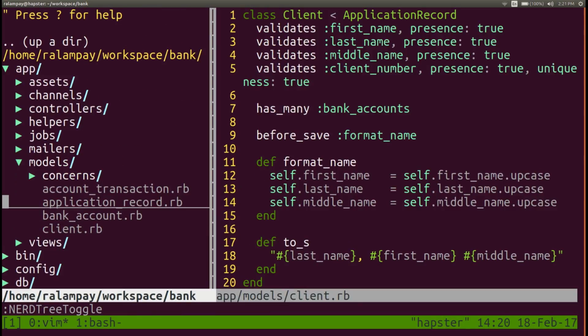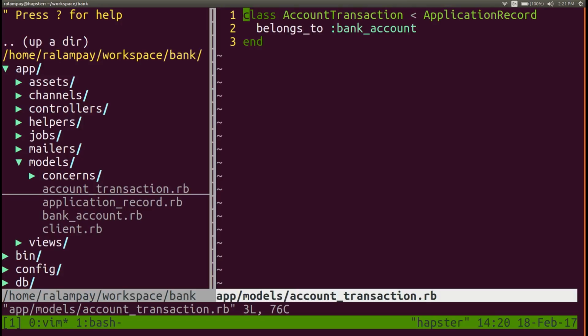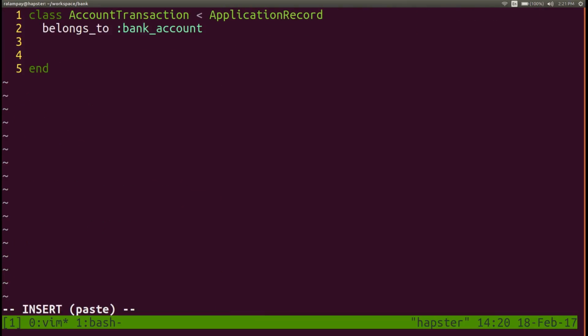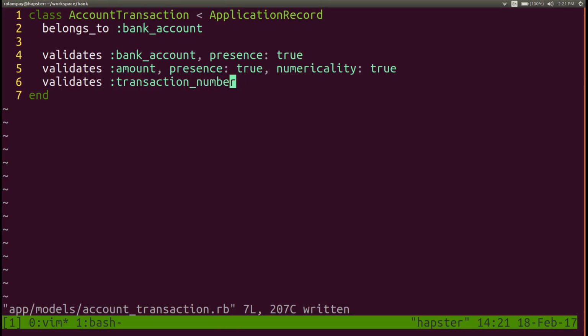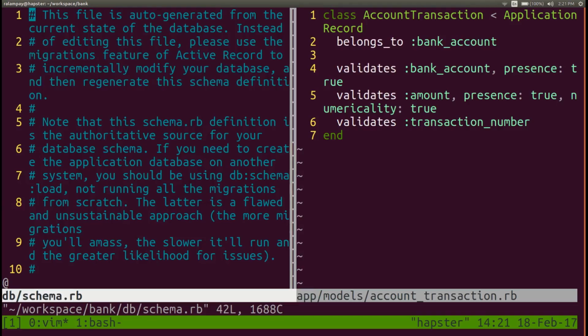The last model we'll modify is the account transaction. Just like the bank account that belongs to a client, an account transaction will belong to a bank account. So I have to validate the bank account to always be present. Okay. I'll also have to validate the amount. It should always have an amount, and that amount should always be a number. I should also have a transaction number for this account transaction. And I can't remember if I actually included it in the